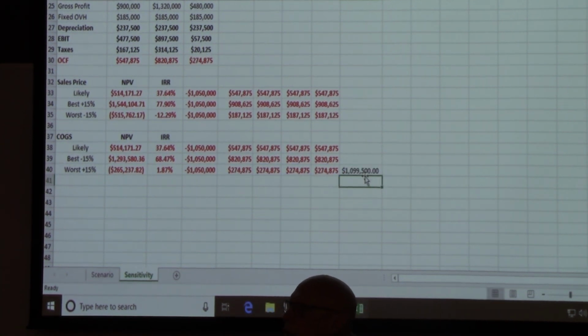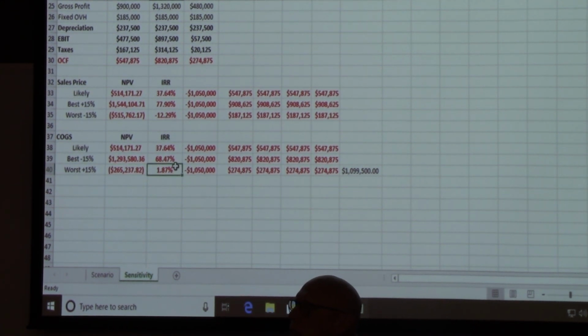We're bringing in $1,100,000, which is more than $1,050,000, but because these numbers are spread out over 4 years, when you take time value of money into consideration with a 15% discount rate, it's a negative number. So our net present value is negative, and our internal rate of return is not negative,